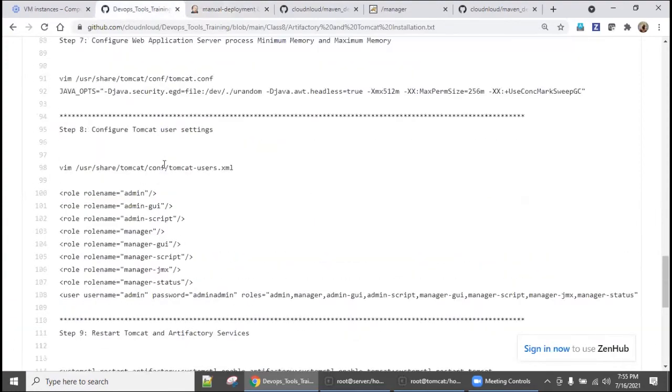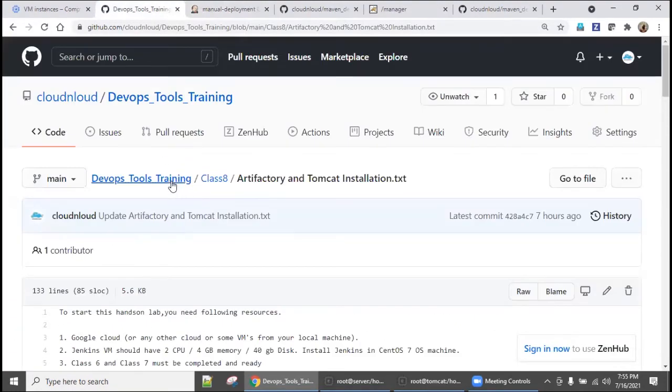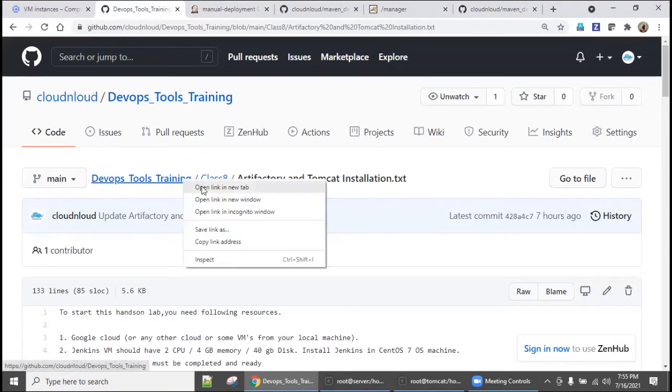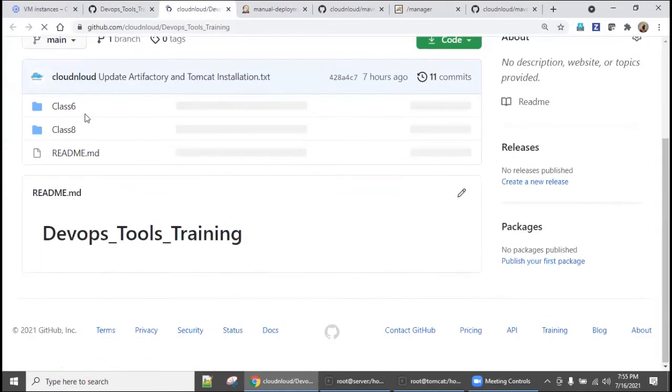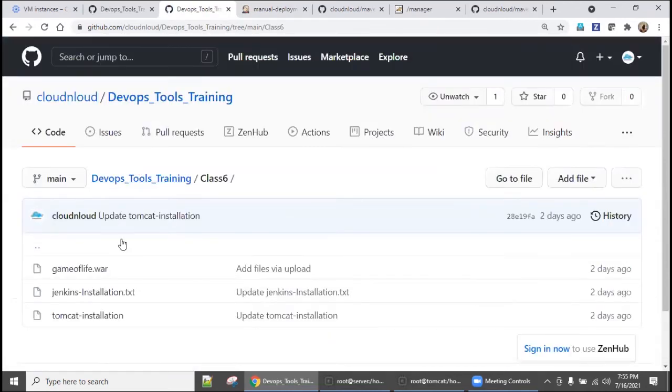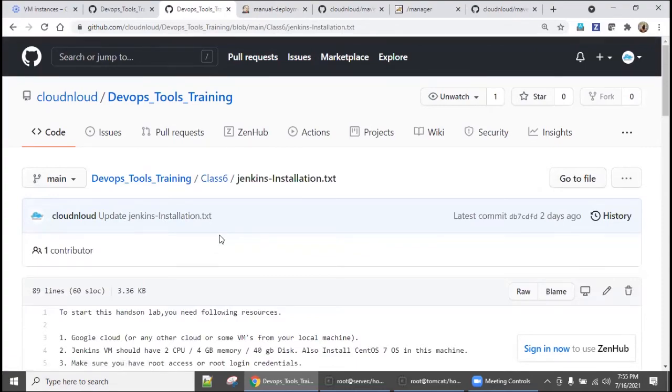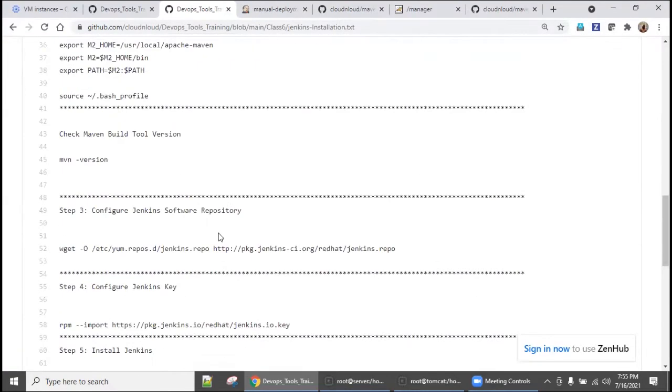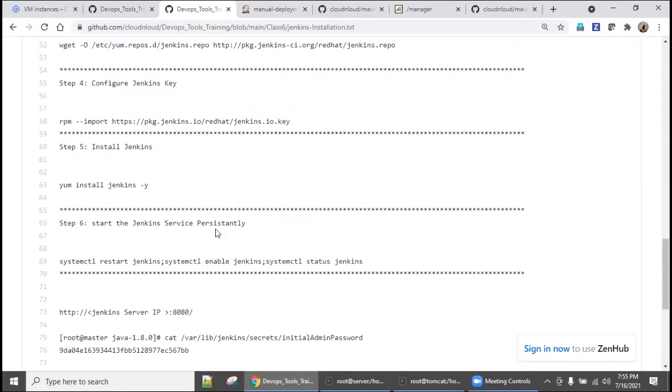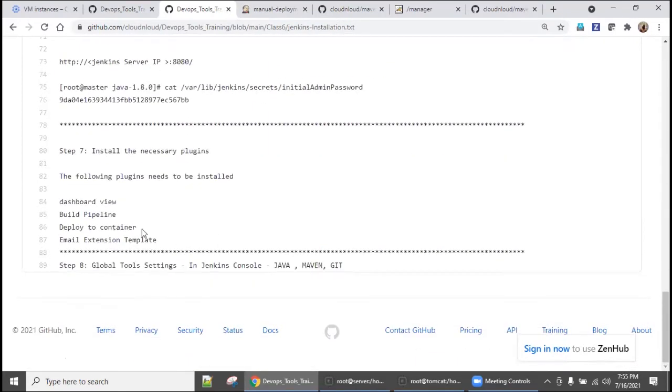So go back to the step in the previous class. You remember during the Jenkins installation, go to class 6. As part of the Jenkins installation, there are 4 mandatory plugins we installed. If you intend to deploy, then come down, there is Deploy to container, right? But you need to decide in which project.